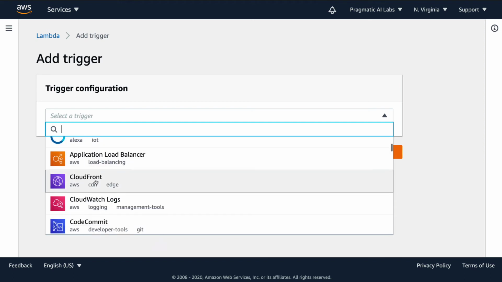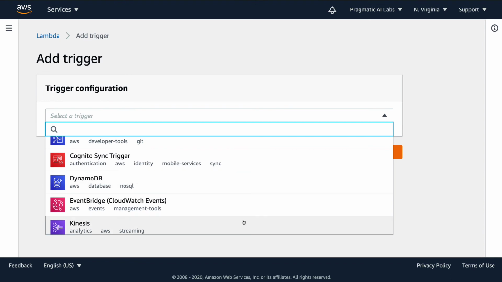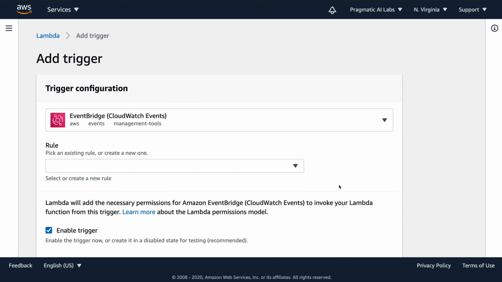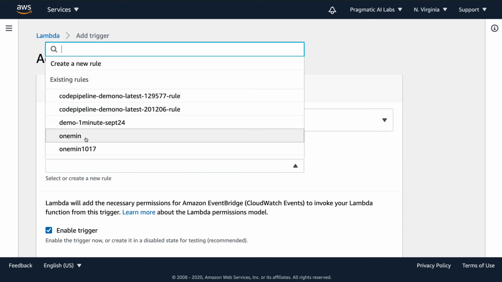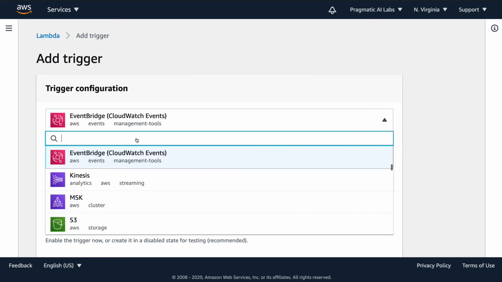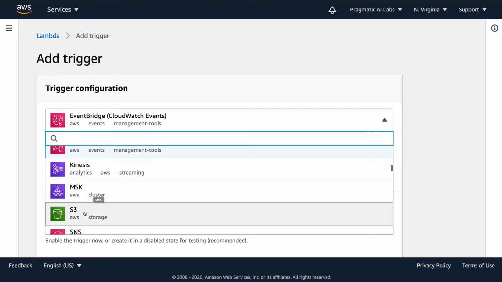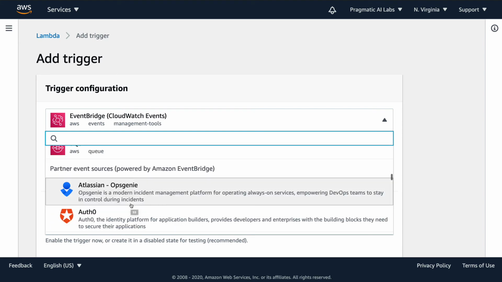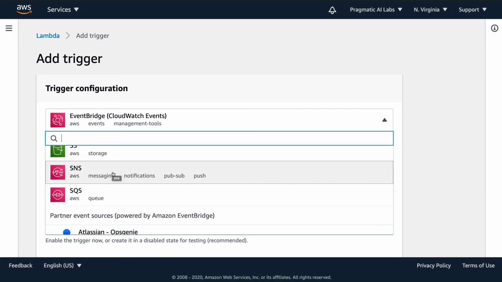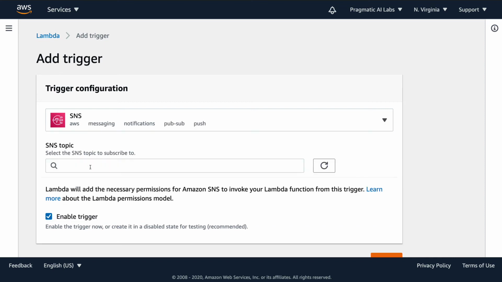Also, there's something called CloudWatch Events. And what this does is it allows me to run a trigger at a certain interval. And that's a pretty useful one to be aware of. And then also the streaming. So you could accept streaming data. You could accept S3 data. And then another one that's pretty interesting that's not talked about a lot is that you can actually accept SNS